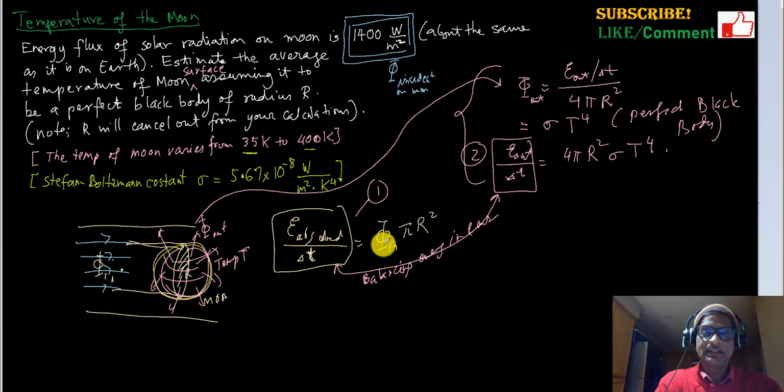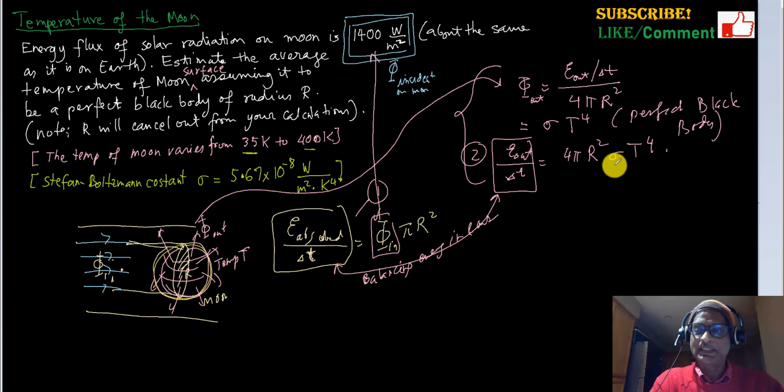When I balance that, this value is given, and you can see you can solve for T without even knowing the radius of the moon. So 4 pi r squared sigma T to the power 4 should equal pi r squared